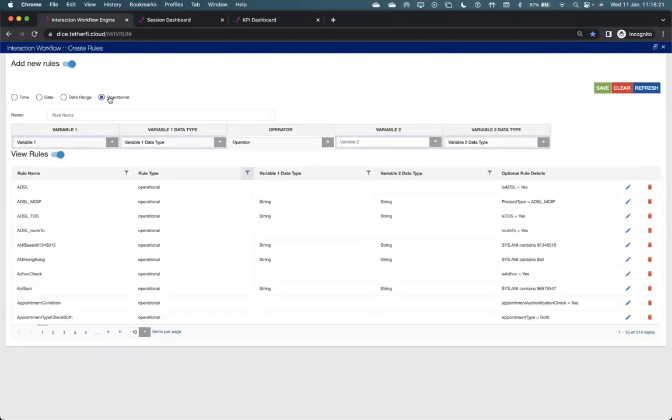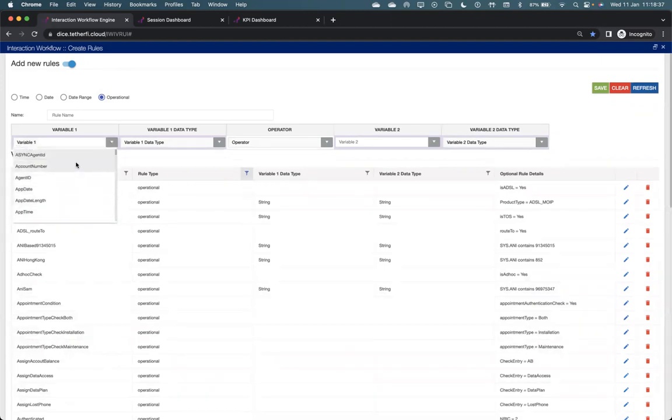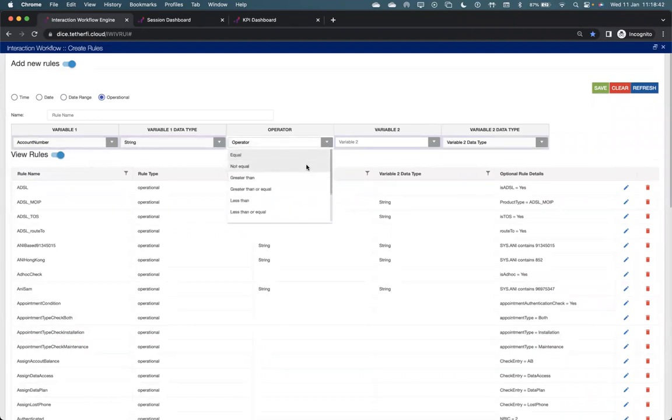Operational rule. So if a customer's profile is a prepaid caller, or if the customer's mobile number starts with 6, or whatever rules you would want to execute based on dynamic variables, which can even come from backend systems, you can define that over here, right? So you can define your variable one, whether it's a string, and we support all these operation types. So it's basically writing an equation, and the system will execute this equation, and based on the output, it can define what treatment should be provided if the rule gets executed successfully,